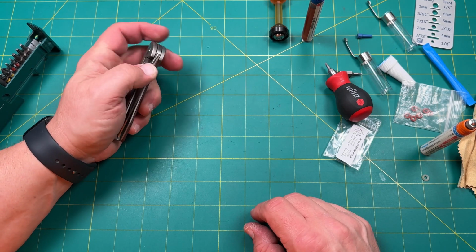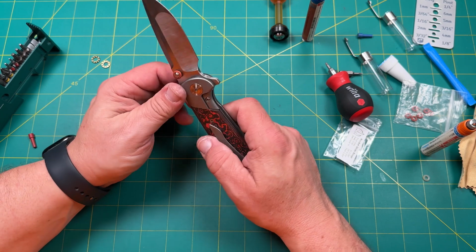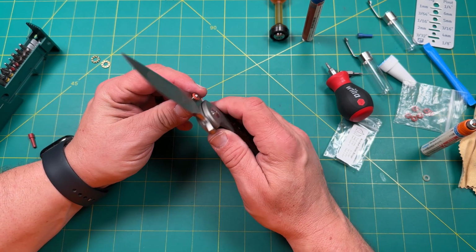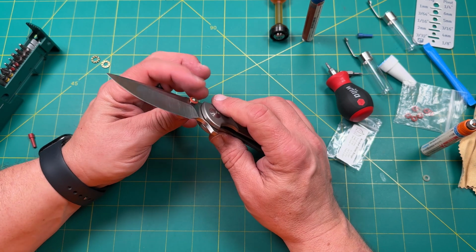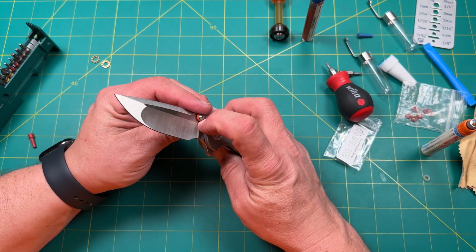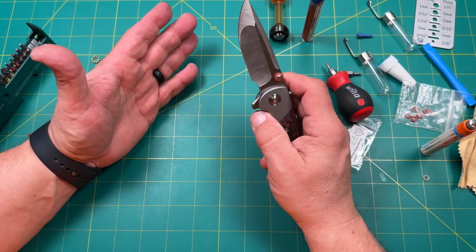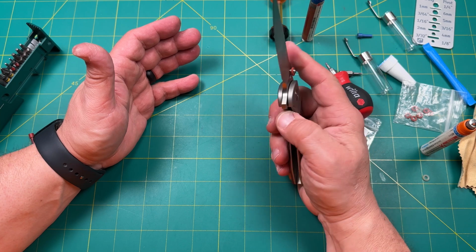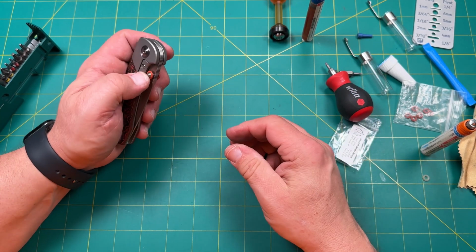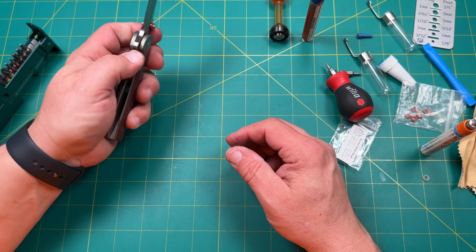Now, if it's my knife, I might loosen that just a little bit more. It's not my knife, and I want to make sure it's not super loose and super weak. I'm going to leave these O-rings on here. You can throw them out if he doesn't want them, obviously. But I think it's a nice little touch. It definitely feels more comfortable than just the thumb studs themselves. I like that. Put a little oil on the detent ball and detent track,